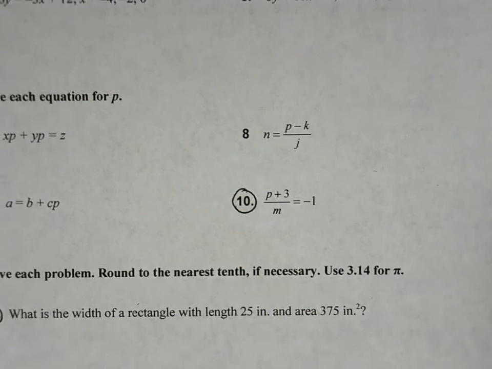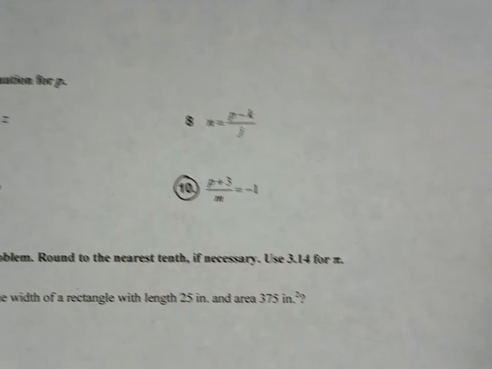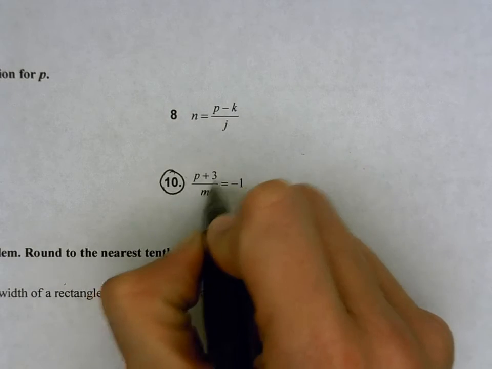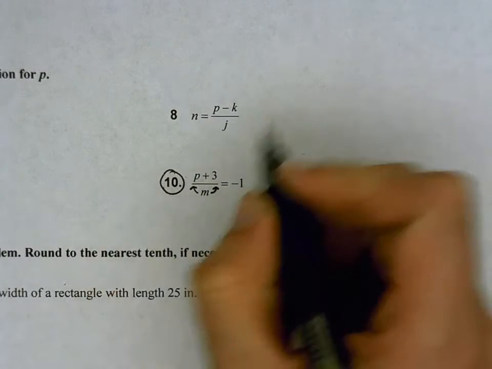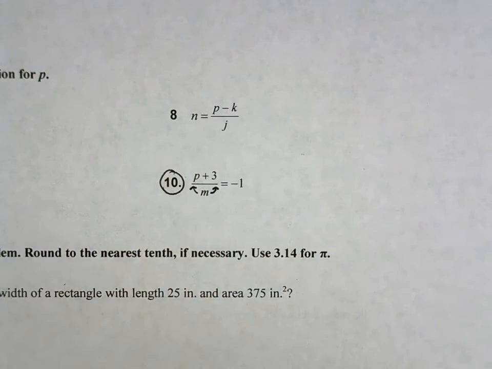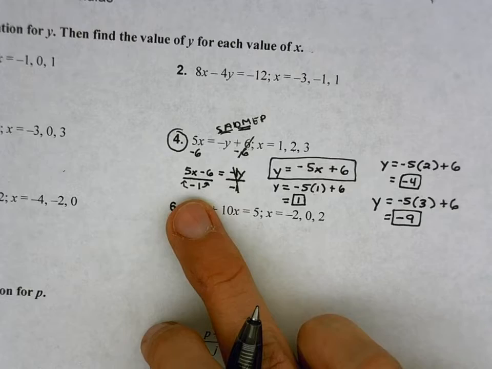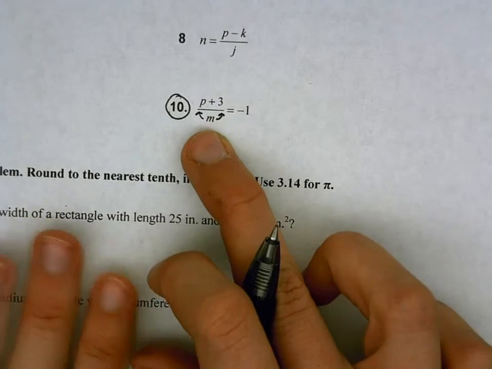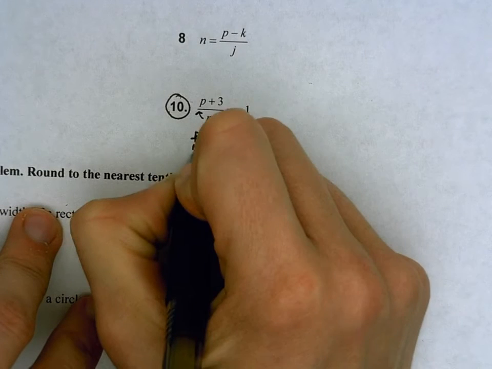There's a couple of different ways you can solve this problem. The way we chose to solve it is to split the fraction first, a step we've practiced for the majority of last week, and it's now bleeding into this week a little bit. To split the fraction is just like what we did with the negative 1 up here in number 4, where we split that negative 1 between both terms. We're going to split this m between both terms,